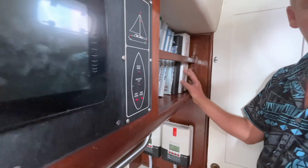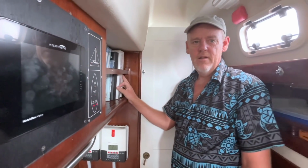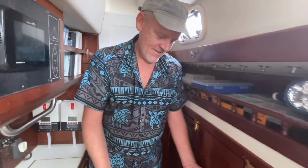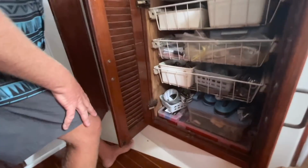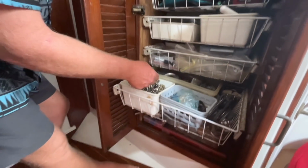This boat was built to be not in marinas, and we've set it up right so we're off grid. We're here to cruise, not sit in marinas. Yeah, well, that's what we're into. That's right. So we've got spares in here. It's a full store of spares, from shackles and spare blocks and through to